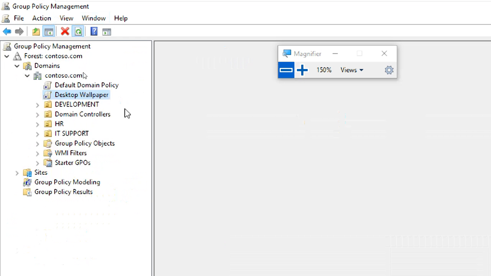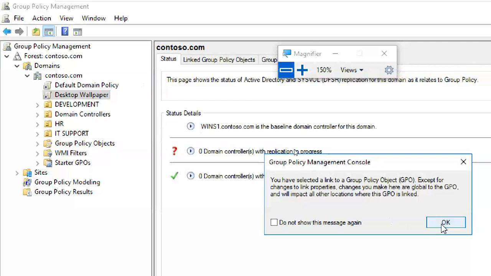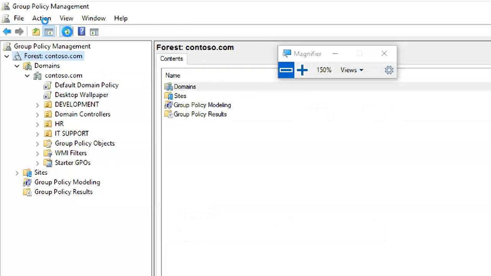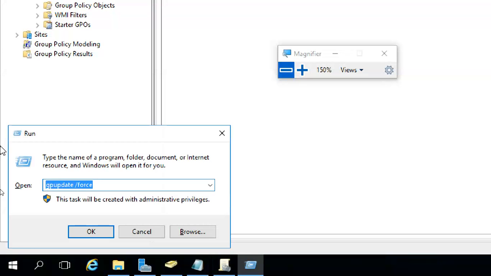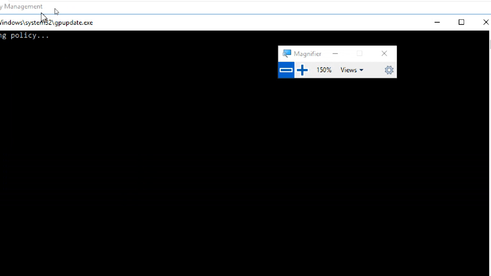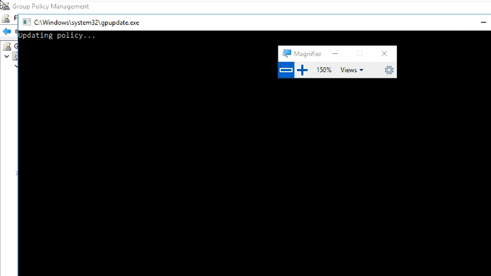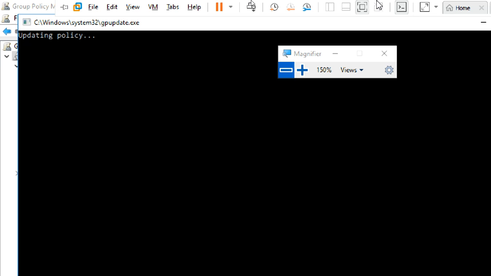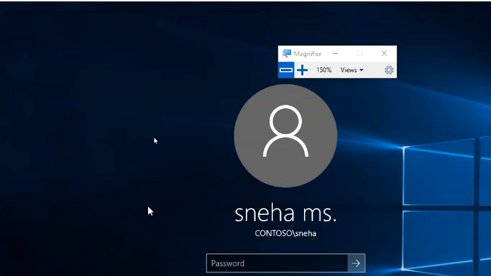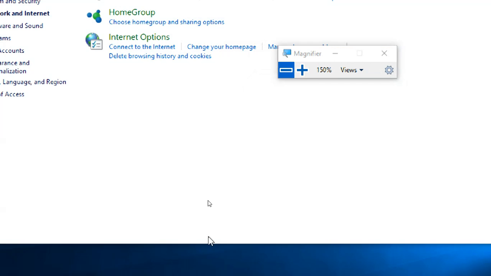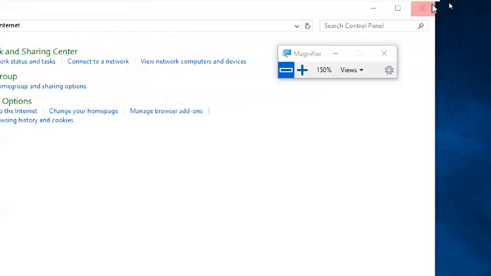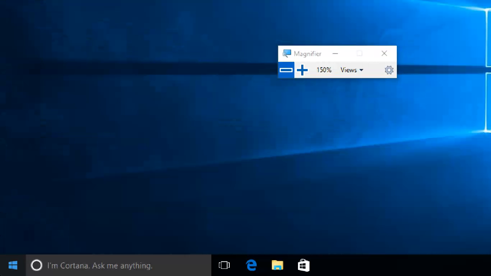Now refresh. Far as refresh is better. Okay. Next, GP update force. It will update anyway, so I'm going to the client meantime. The background policy has not changed, see.